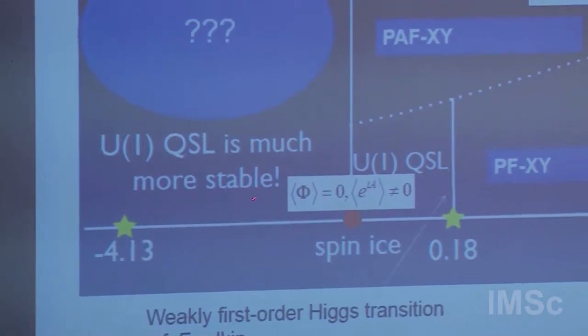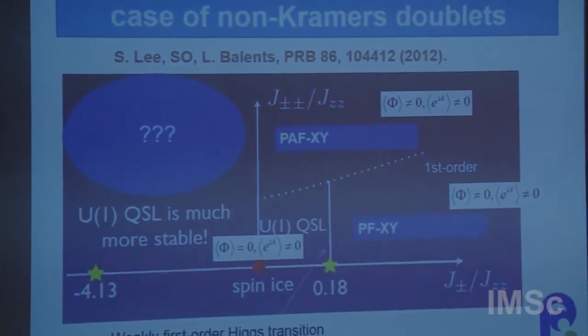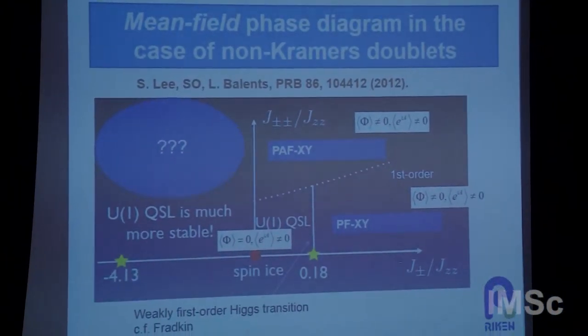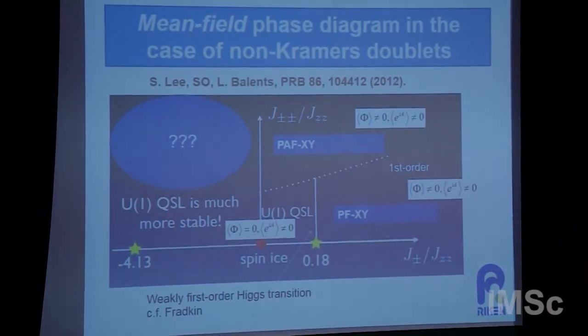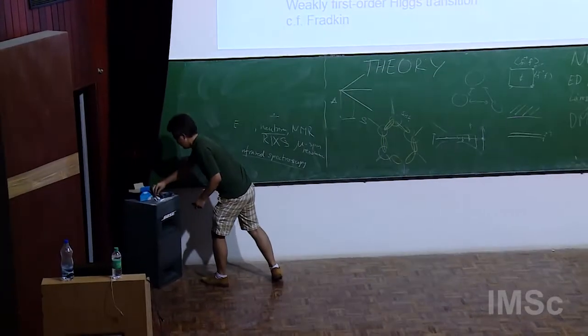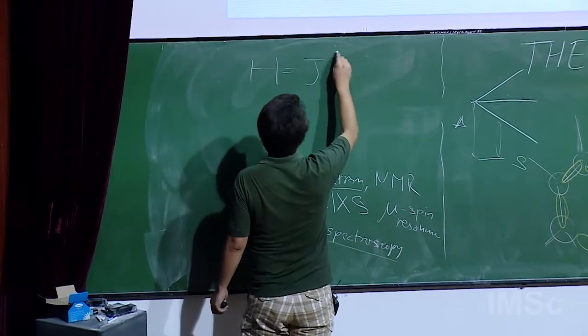In that case, as I already told you, the U1 quantum spin liquid or Coulomb phase is stable when this has an opposite sign with delta. So when delta is positive and this is negative, I just like to remind you that we have